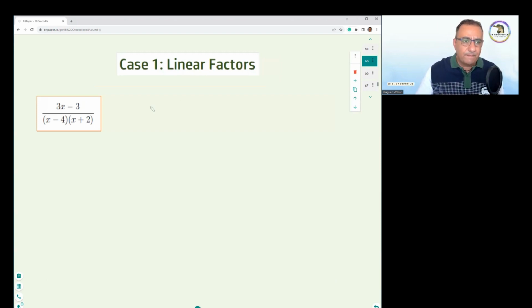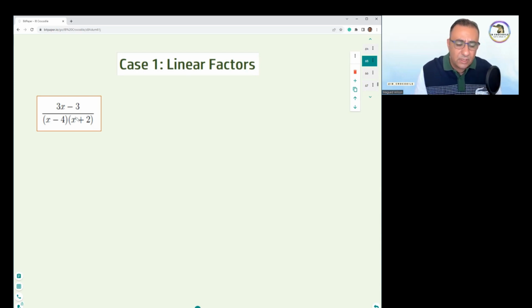So what does it mean? Look at this example: 3x minus 3 divided by x minus 4 times x plus 2. First of all, x minus 4 is called a factor, and it is linear. Why is it linear? Because it is first degree. You always ask yourself, what is the degree of the factor that we are seeing in the rational function? x minus 4 is first degree because the degree is the highest power of x. So x minus 4 is linear, and also x plus 2 is linear,